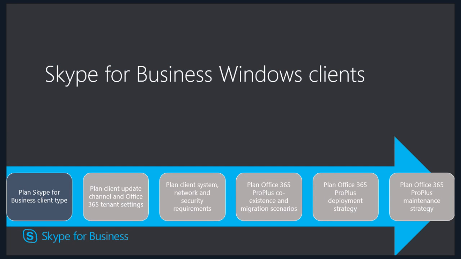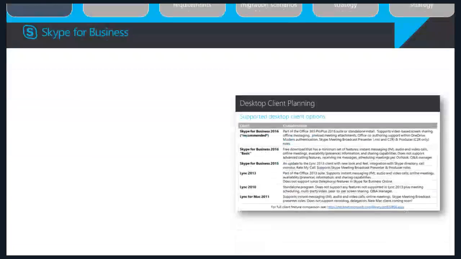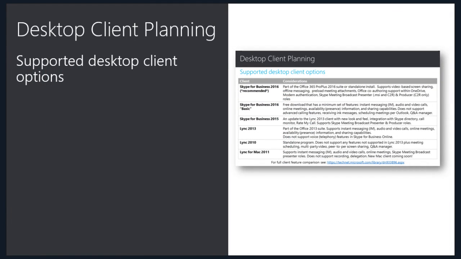The first section of the workshop is about the client types. Just a quick reminder here, the client migration workshop is focused on the Windows-based clients only. Okay, while delivering the client migration workshop, you need to start with discussing the different client versions and their capabilities. Although Skype for Business Online supports Lync 2010 and above, we strongly recommend using Skype for Business 2016 so that your users have access to all new features.